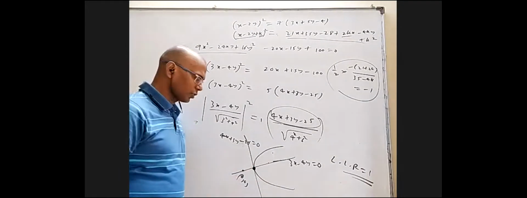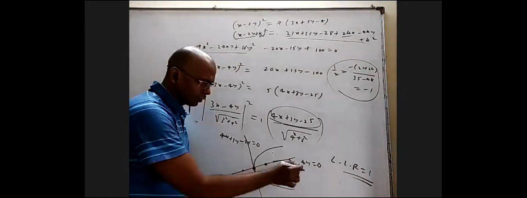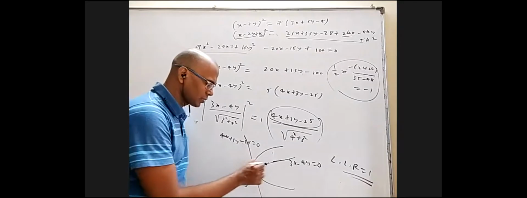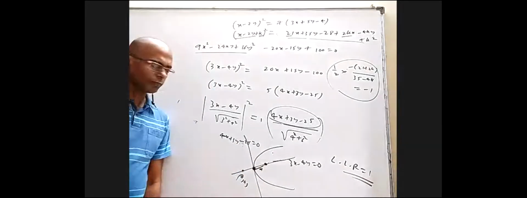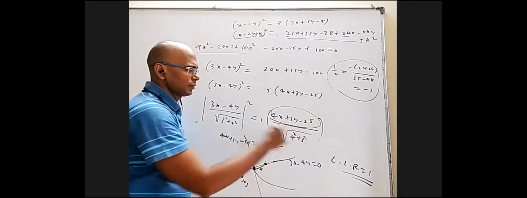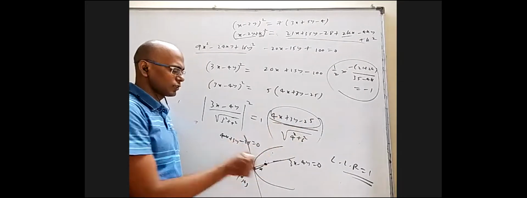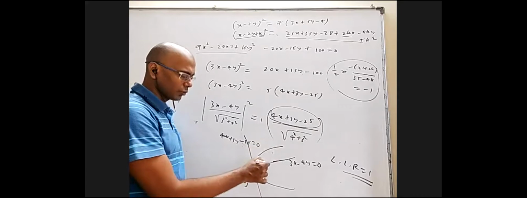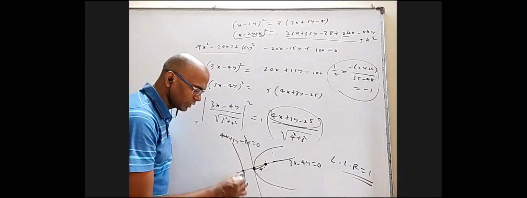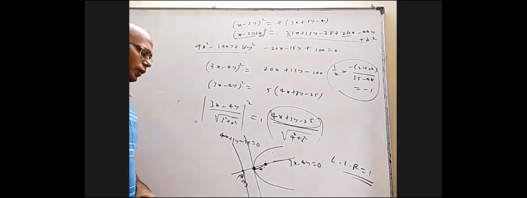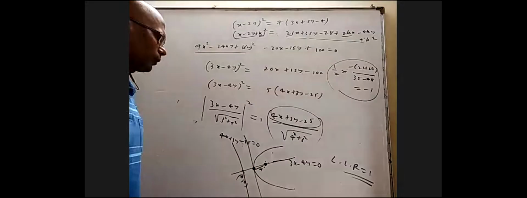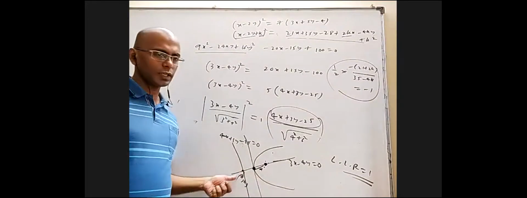If somebody asks for the focus, find a point on this line at a distance a units, 1/4 of latus rectum, one on this side, one on this side, by parametric forms, and substitute those 2 points here. Some will give positive, some will give negative. Which gives positive, that is inside, that is the focus. Which gives outside is part of the directrix. So now we can find this line. You know this point and you know this line is parallel to that, so you can find it. So that's how we can find focus and directrix.